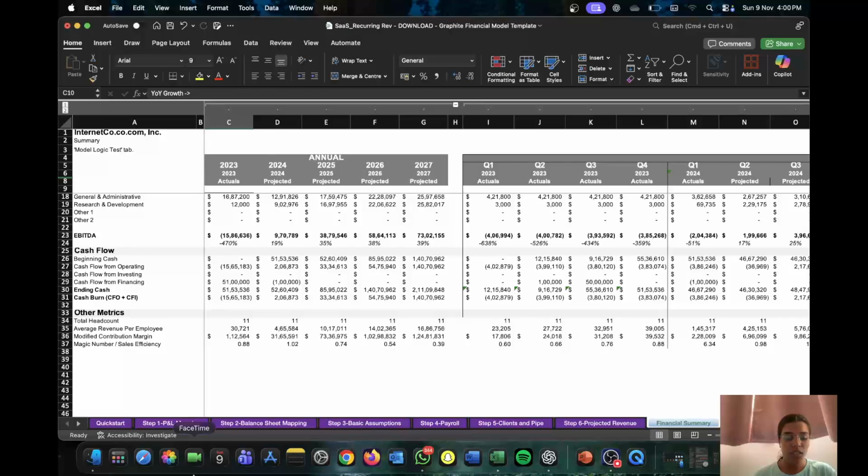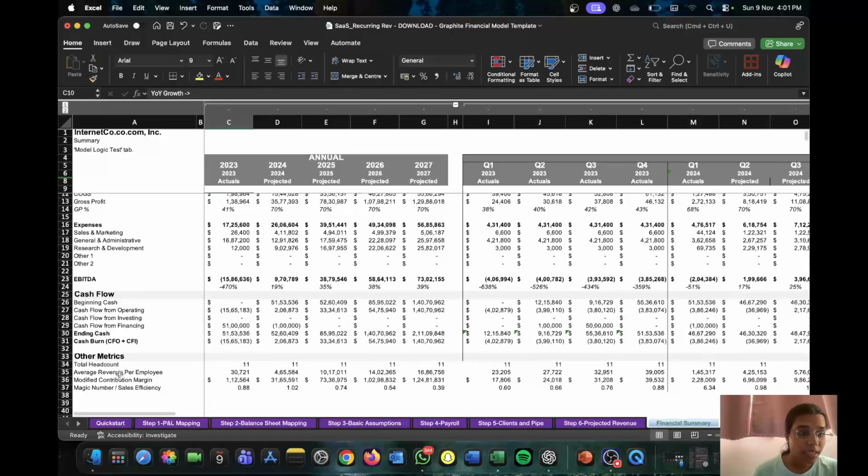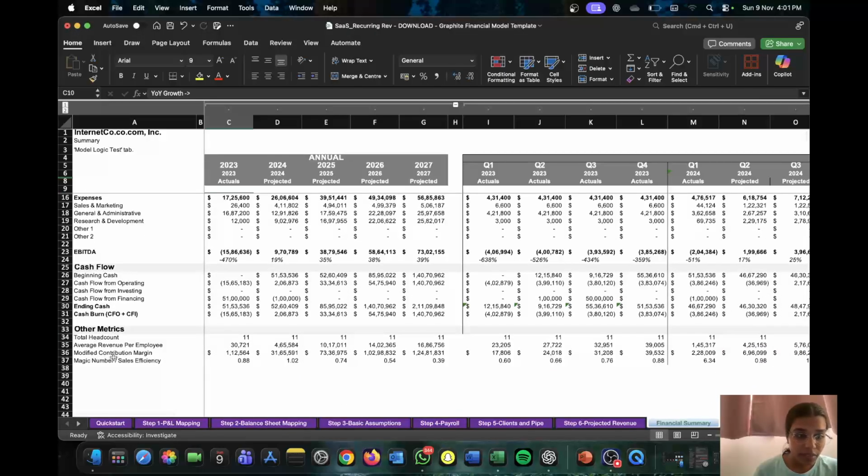The financial summary sheet consolidates the results from all steps: revenue, payroll, expenses, and investments. Here it is the revenue, gross margin, gross profit, expenses, EBITDA, net profit, and the cash flow over time. Here is the cash flow. Other metrics are here; this is the main dashboard. Decision makers look at the performance, right? This is the performance on the basis of an annual report. Here it is, and it is quarterly as well,